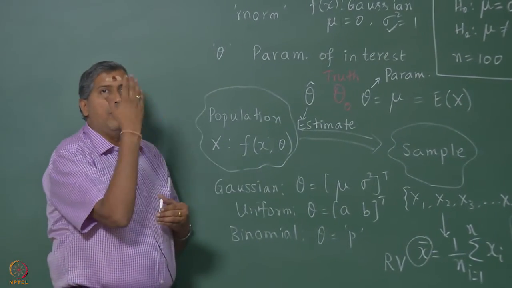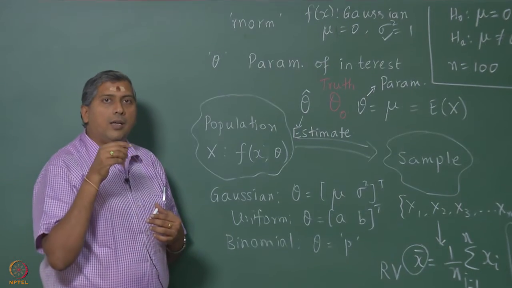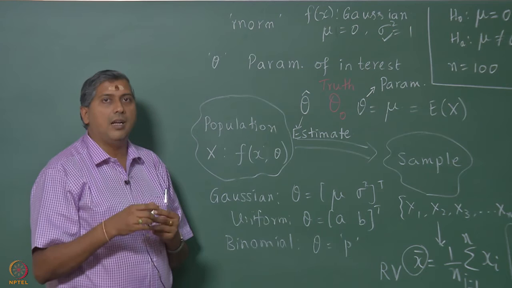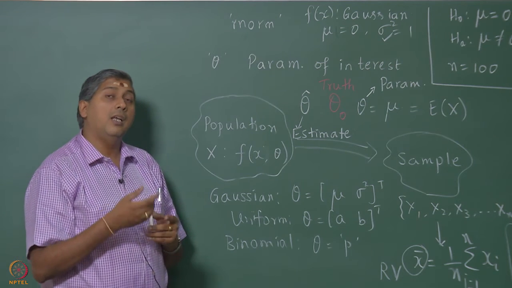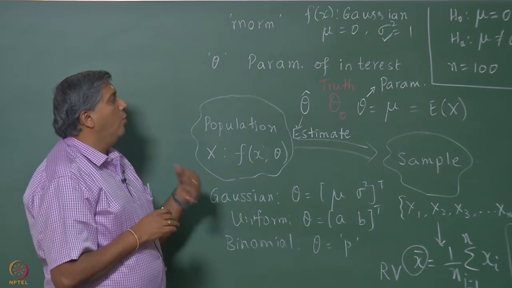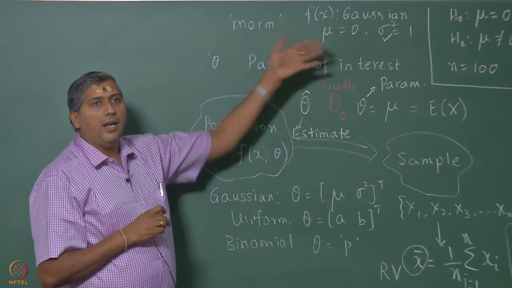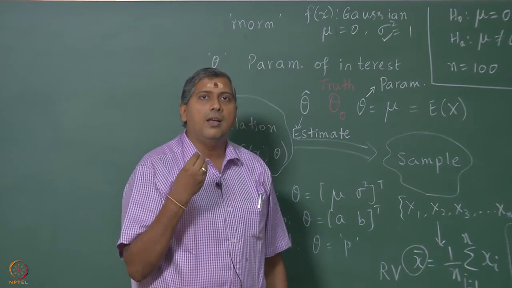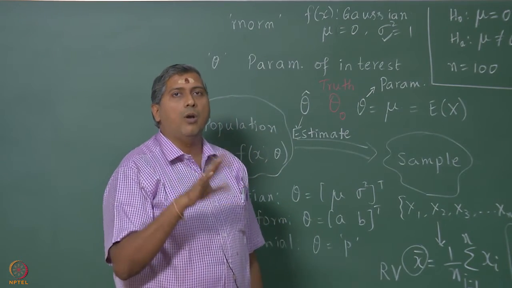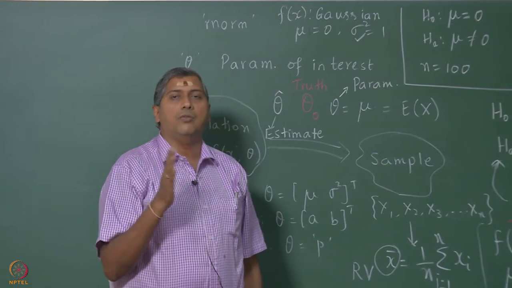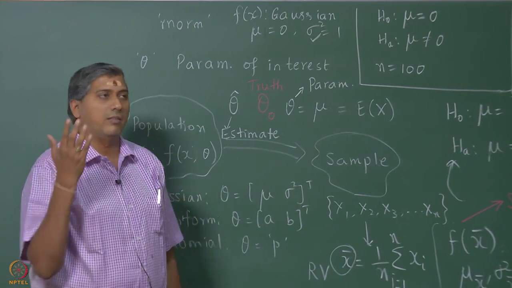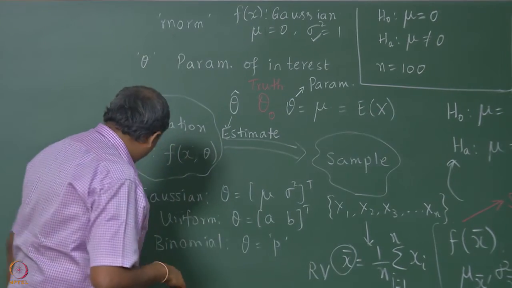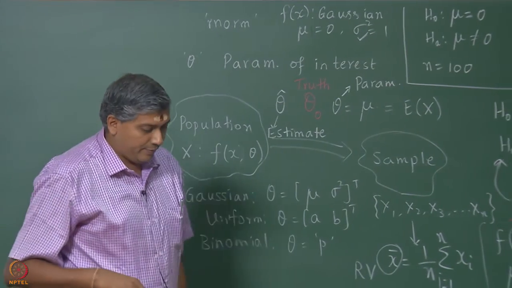Of course, that is the eventual goal that we want to get to, but the intermediate step is to obtain a sampling distribution. We will first illustrate what is meant by sampling distribution and then talk about how that is useful in hypothesis testing. If you understand this example in its full clarity, then you have more or less understood the crux of, or the philosophy of, hypothesis testing. Whether it is mu or some other parameter, the procedure is the same.